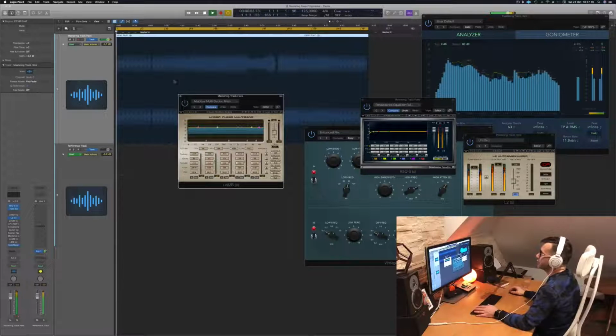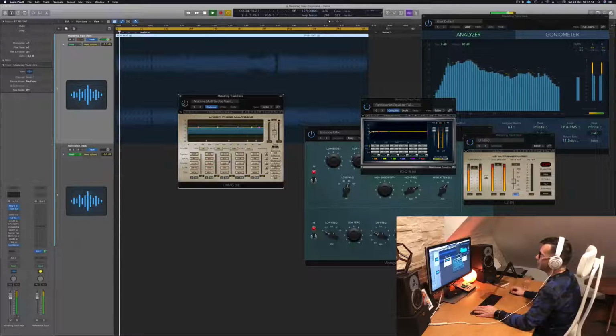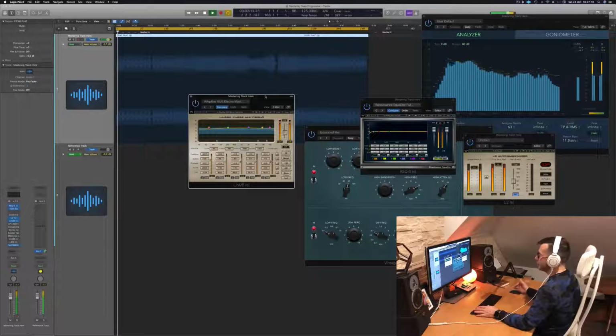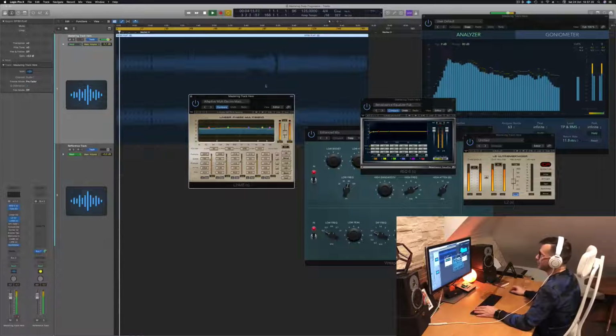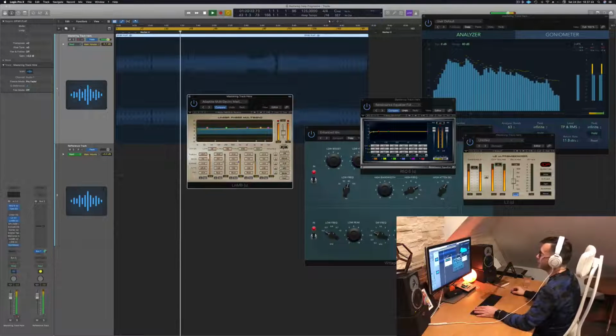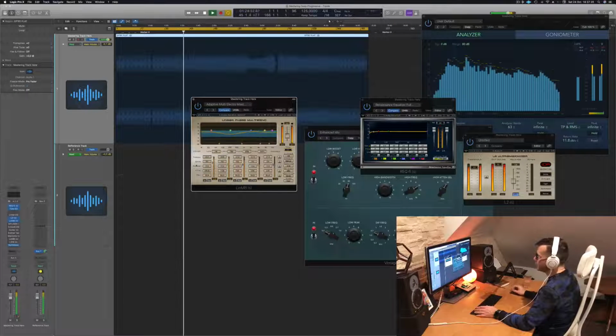Now we're gonna go into this adaptive linear multi-band. So it's an EQ compressor. It's many things at the same time. It does an amazing job at putting everything in phase. I have my setting here. I want to make sure